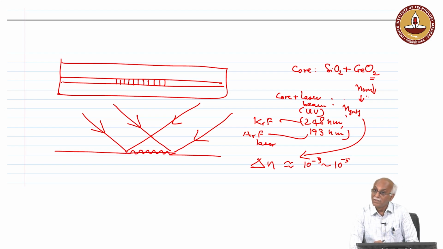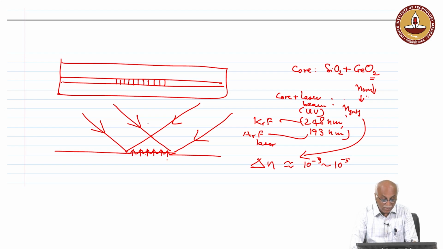Why intensity? Because of interference, constructive interference. Because of this, the intensity will be large at one point and very small at another, which will induce